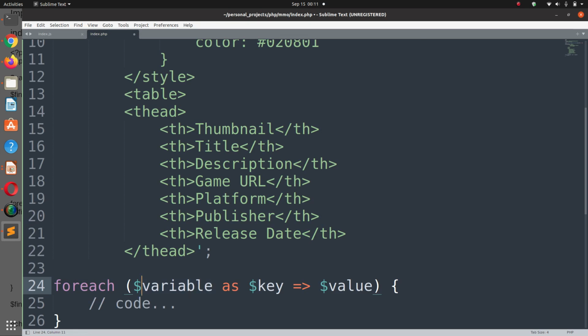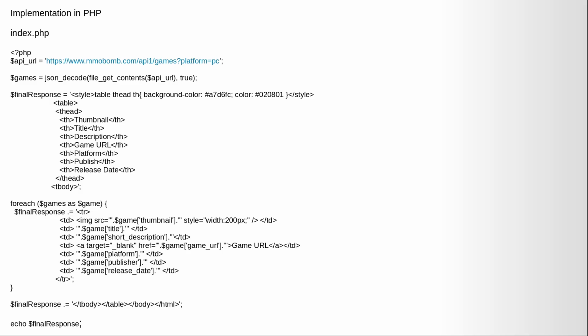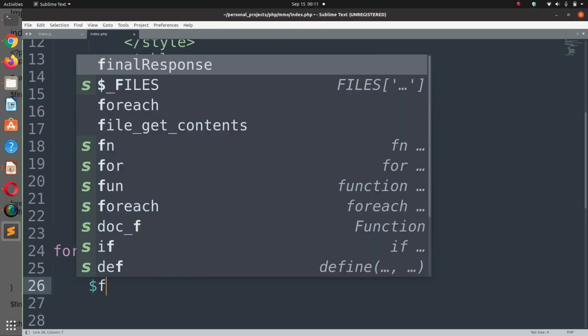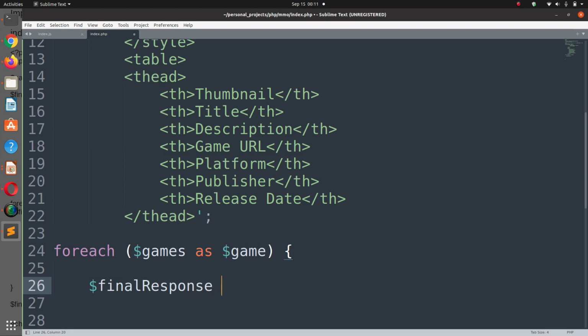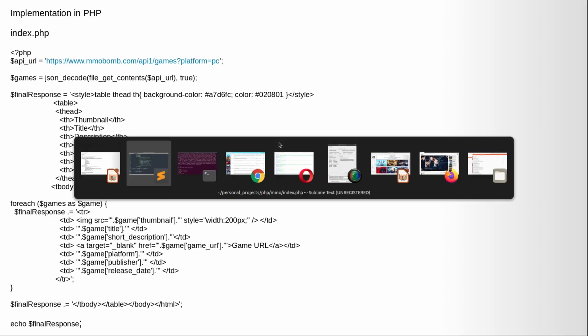Yeah, it does. So games as game, we don't need this at the moment. And here, okay, here what we can do is we are going to concat. Here concatenation is done by single dot equals,